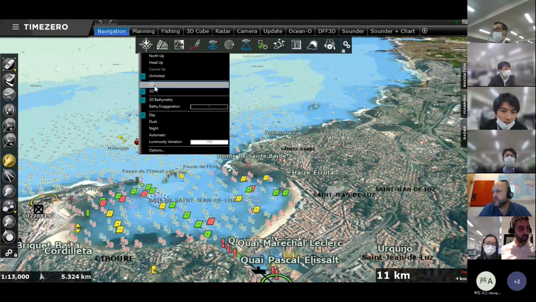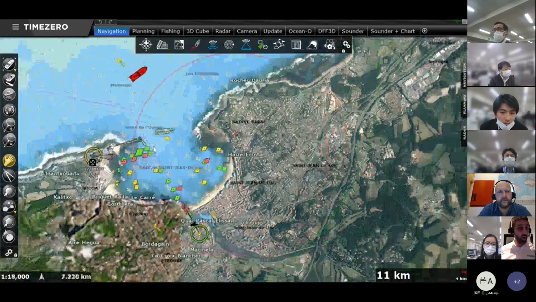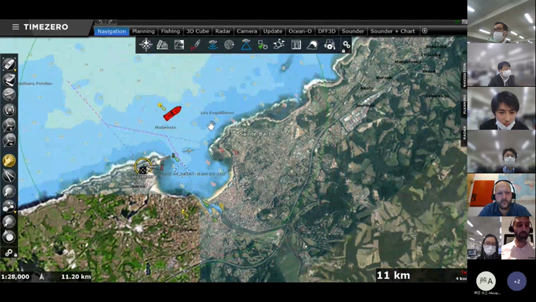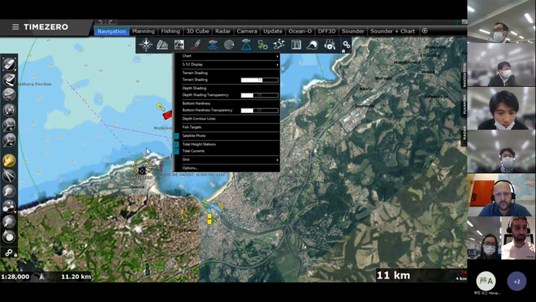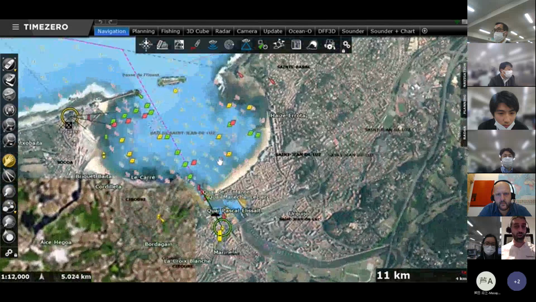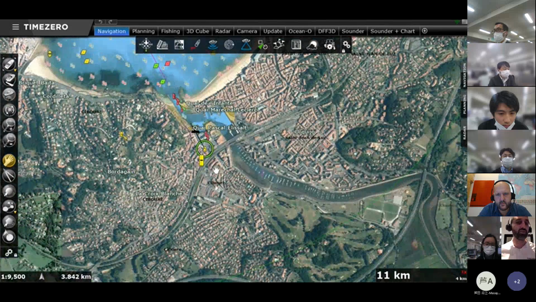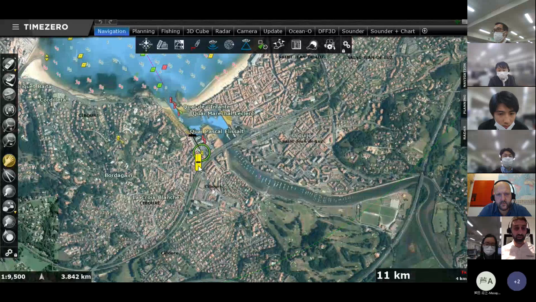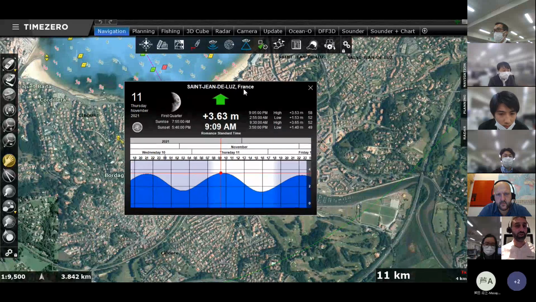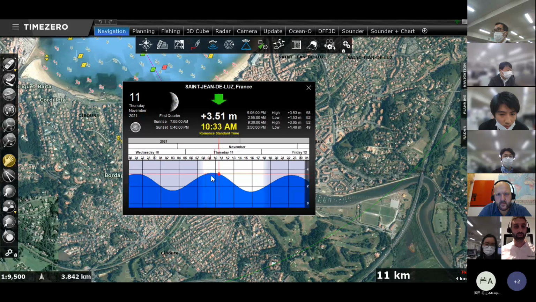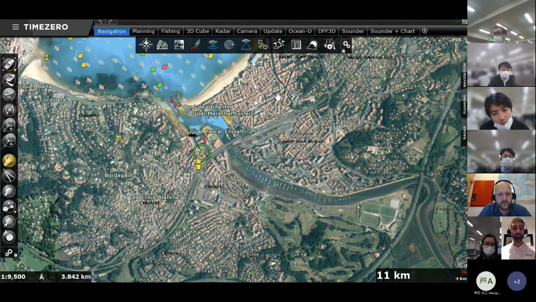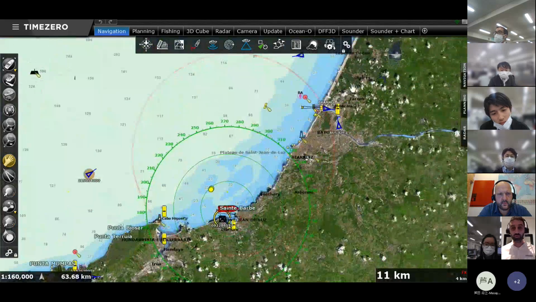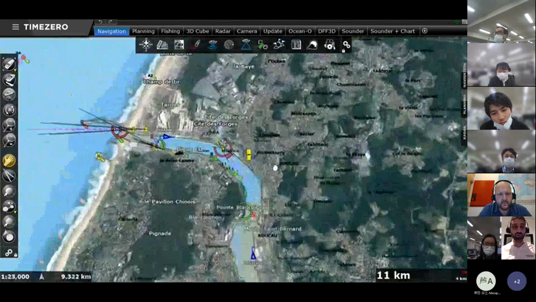Allow me to go back to the 2D mode now. On top of the chart, like I told you, you can add layers of information. TimeZero comes with a worldwide database of tidal stations and tidal currents. When you purchase TimeZero, you have this database of tidal stations and tidal currents loaded. Here, if I click here, I can have full information on this tidal station. So I can plan my trip with this data. You don't need any type of internet connection to load this information. It's fully loaded with TimeZero.